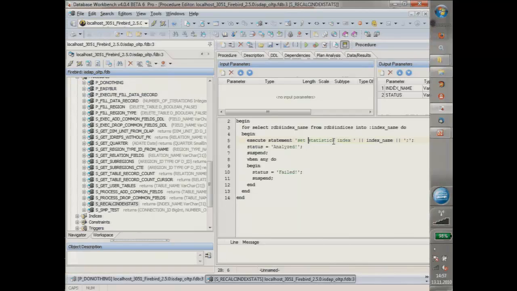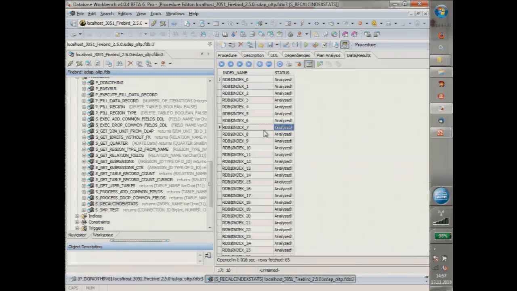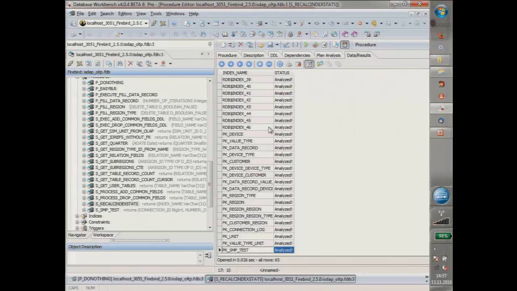So what I have here is a selectable stored procedure which basically goes through all indices and executes the SET STATISTICS INDEX on the index name, and pretty much gives it back analyzed. If something fails, we have an exception handling here, the failed flag gets returned, but due to the exception handling, the FOR SELECT cursor won't be executed. So if I execute this one here, you will see that basically for all indices in your database, the statistics get